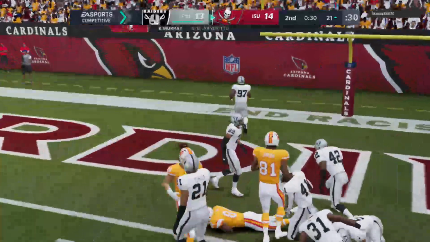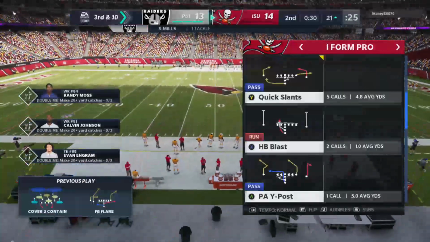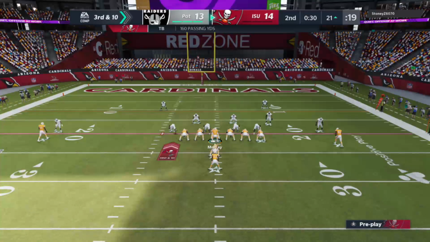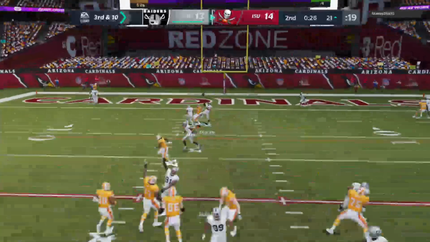And this one incomplete. Too much contact to hold on to that one, and it's 3rd down. So back-to-back incompletions. 3rd down here in 10, but you're still in field goal range. And that's the thing to keep in mind. They're in field goal range, so now you don't take any unnecessary risks, but you try and find...